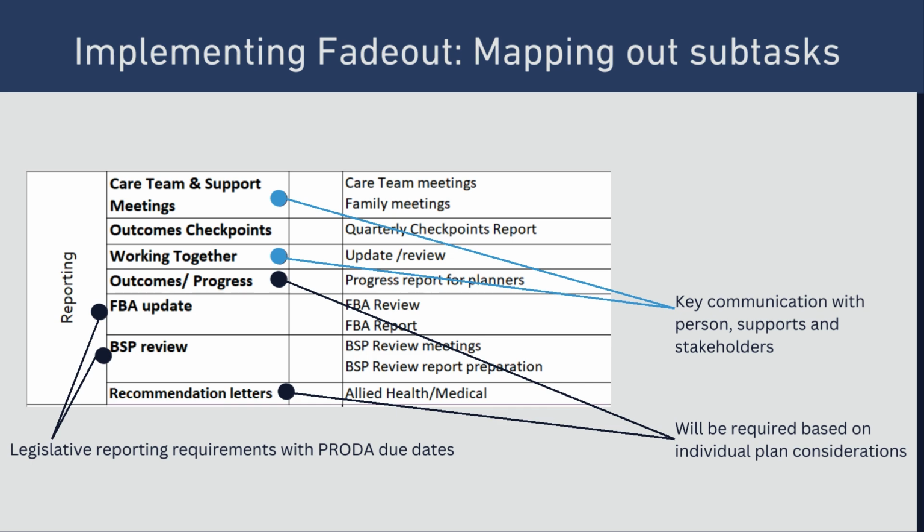When planning out your subtasks, I've noted here some of the key significant subtasks that may be incorporated into your behaviour support plan. Some of these are unlikely to change, some of them are going to vary. So, when you're developing your reporting implementation, remove the ones you don't think are going to be valid and ensure that you understand which aspects give communication with stakeholders, which ones are obligated by the Commission, and which ones have set and flexible dates.